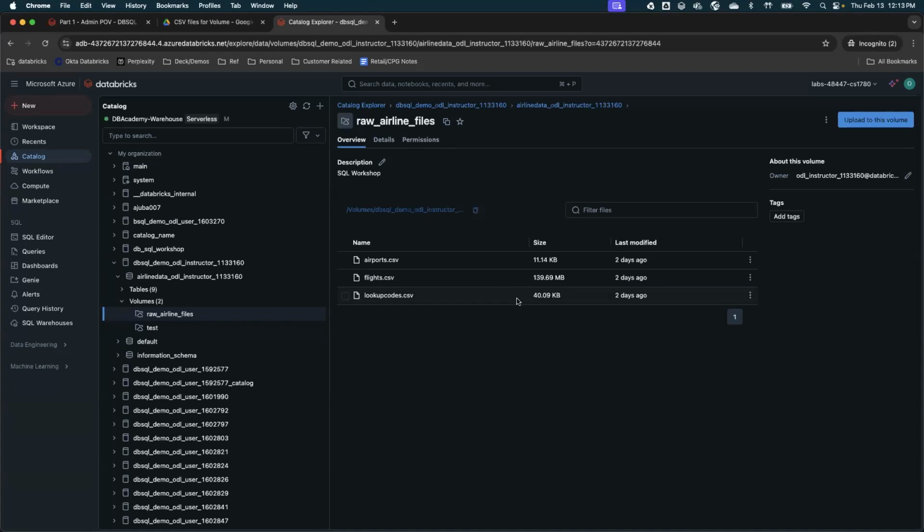In this scenario, as we are uploading different CSV files for demo purposes, we are uploading files into a volume so people can understand how they can interact with CSV files in volumes, load the data, and build streaming tables on top of the volume. Most of the time, I have seen customers using volumes to store their PDF files where they want to build, let's say, a chatbot and build chunking on top of it.